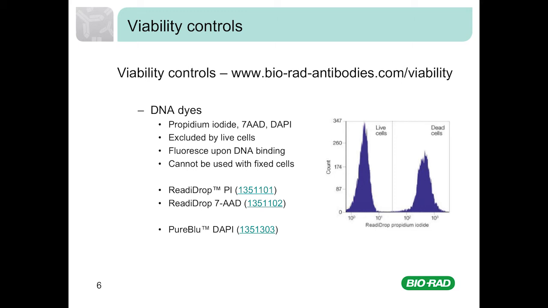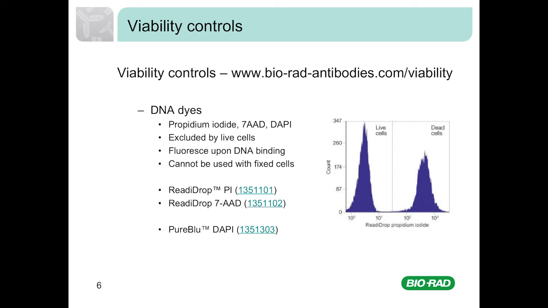There are two main groups of viability dyes. The first we're going to discuss are the nucleic acid binding dyes, such as propidium iodide and 7-AAD, which are excitable by the 488 and 561 lasers, and DAPI, excited by the 355 laser. When these dyes bind to nucleic acid, their fluorescence characteristics change. They are excluded by live cells as they are not membrane permeable, but dead cells, which have a compromised membrane,